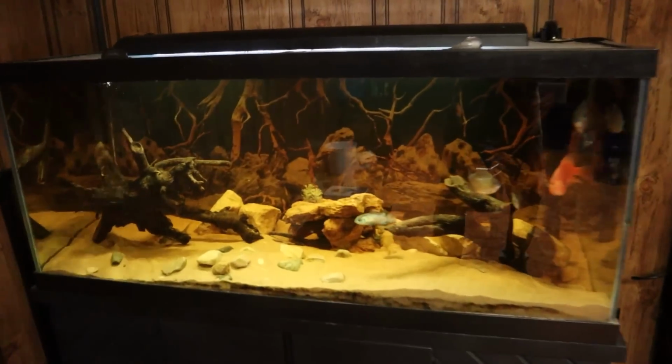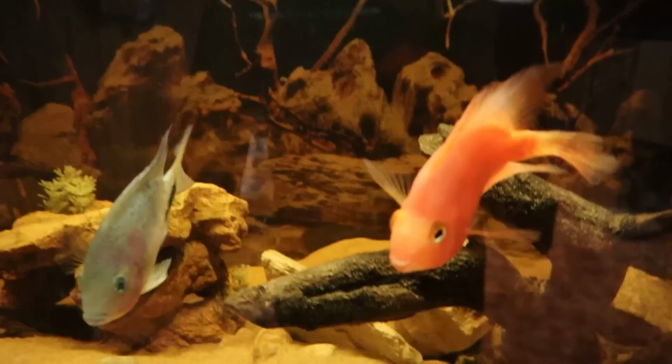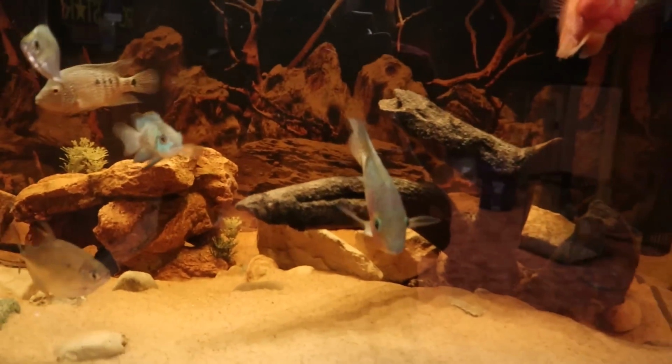Alrighty guys, so we're over here at the old fish room. And real quick, let me just show you what we got going on over here. This is the 75-gallon tank I've been talking about, and these are all the fish that are coming home with us today. My blood parrot cichlid Kobe, my redhead cichlid right there, who has just been growing a ton lately,